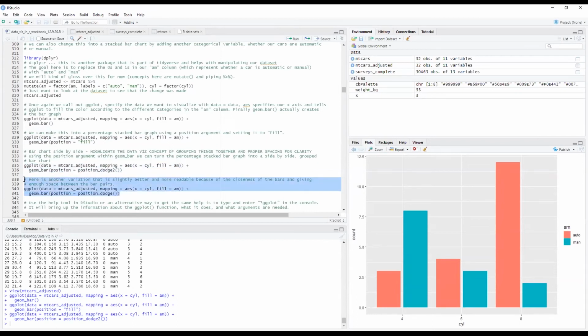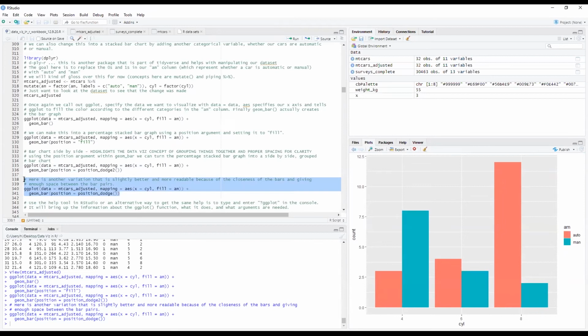We can put them slightly closer together so you can see slight nuances, slight differences. We'll just have them slightly together here. If I want to go back to my previous visualization that I created, I can go back here. So here's the difference between these two, that just slight gap between the bar charts. This is utilizing this position argument right here: position_dodge2 versus position_dodge. So a lot of different options here.